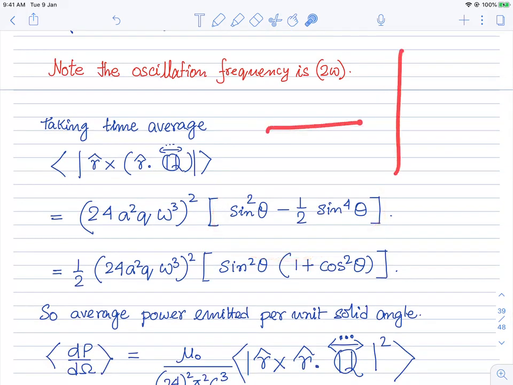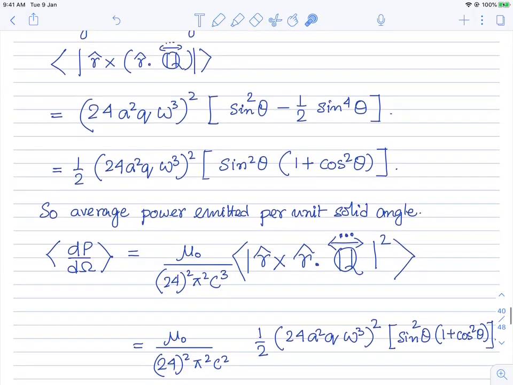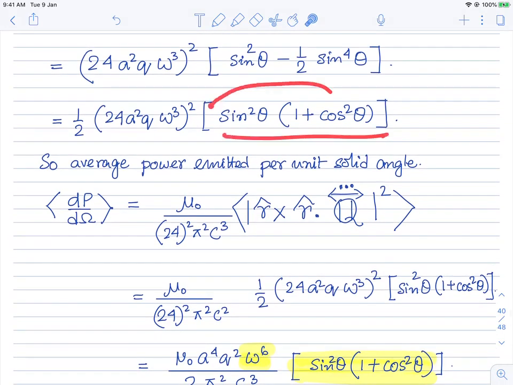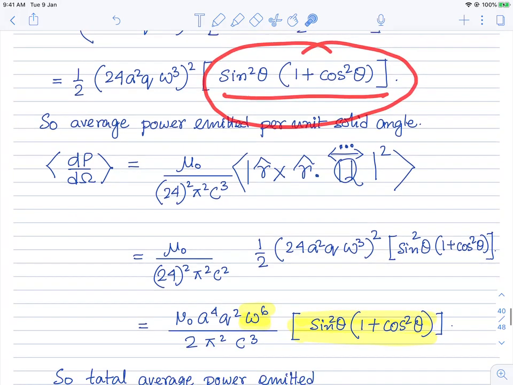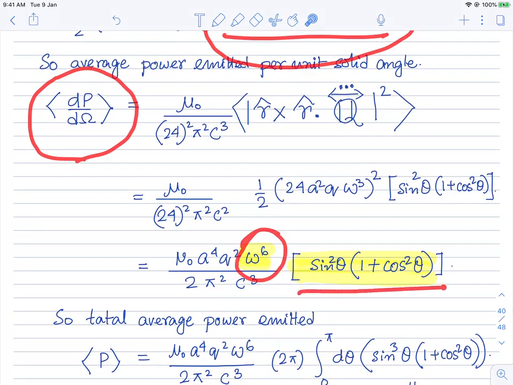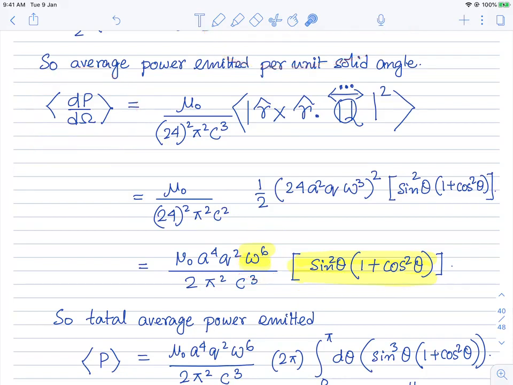If you take this thing as theta, you can try to plot it to get an idea of the directions along which the radiation is maximum. So this is the angular dependence that goes into the power per unit solid angle, and that goes as omega to the 6. Okay, that is the result for this